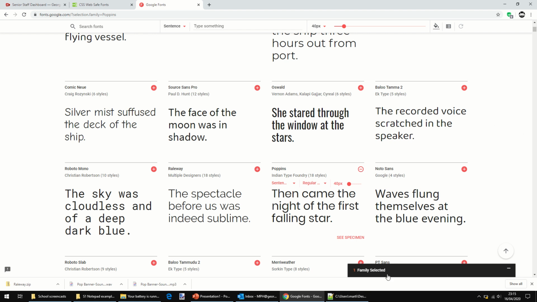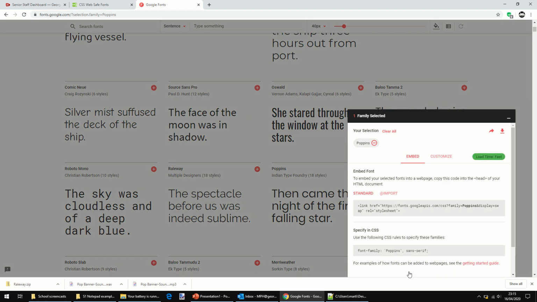You'll see it pops up down here. This is like our little basket. We then click on this bar here, and it gives us two pieces of code. Now you can read this properly if you want, but the idea here is it's like our external CSS. This is a link to an external font. So